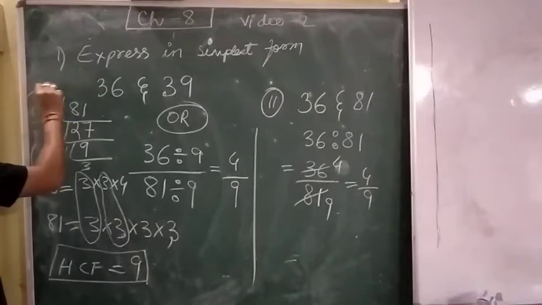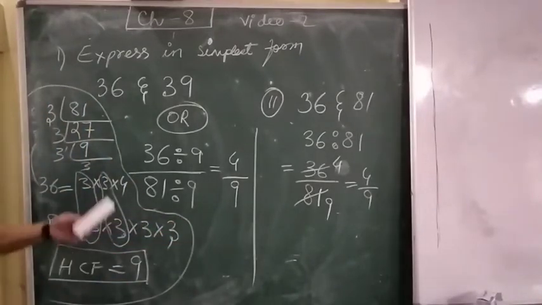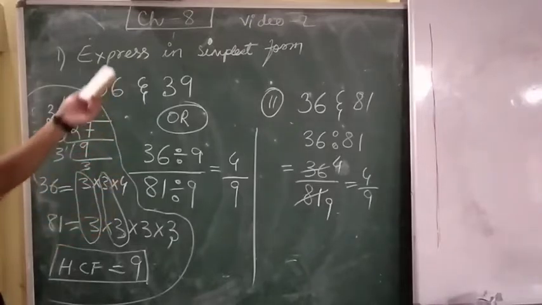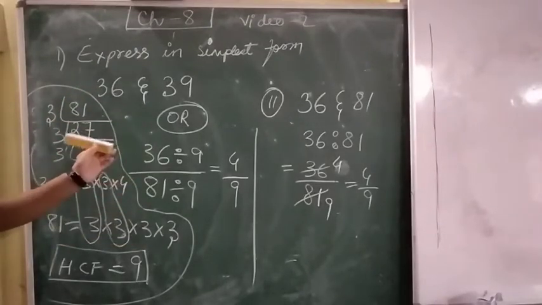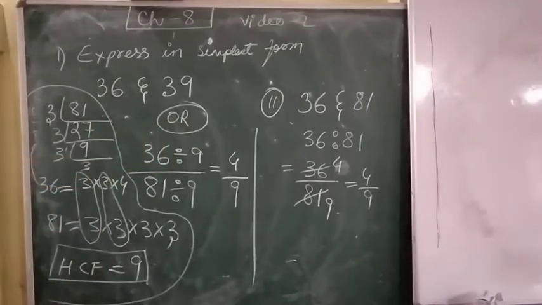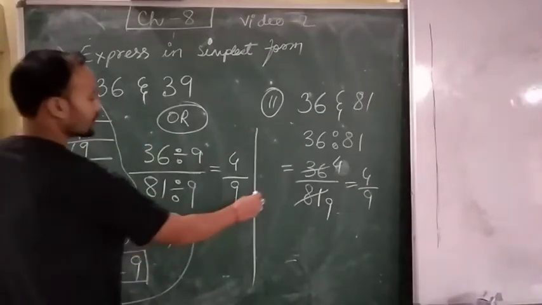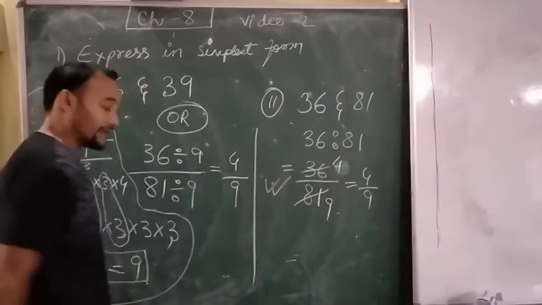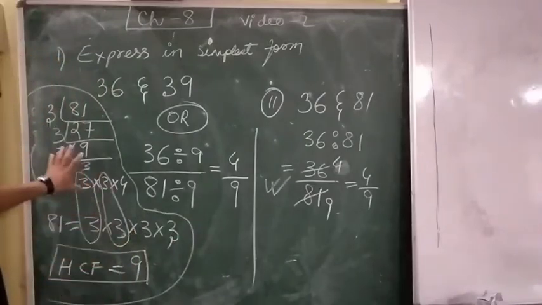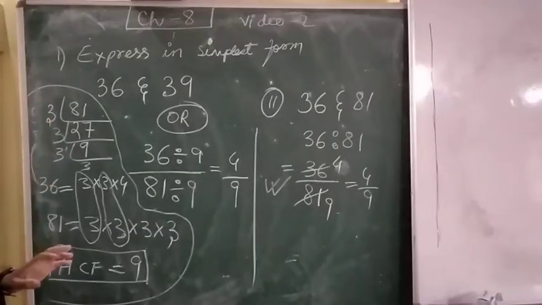If in your exam the particular matter is mentioned that you have to adopt the HCF rule, then you have to follow this. Or if no method is mentioned, then you can go with any method. Okay? This is a new method, this is the old method. But this is fast. We don't have to worry for this. But in some questions, we have to adopt this. In some particular questions, this seems to be a very good method.